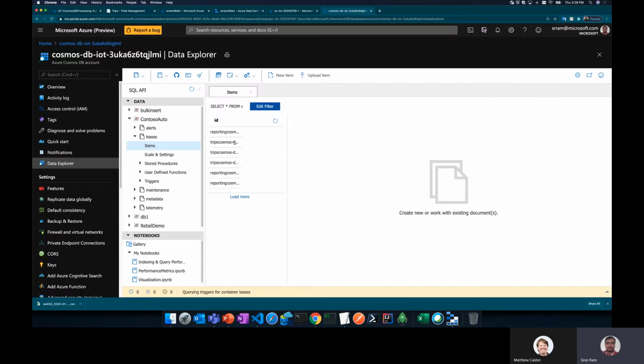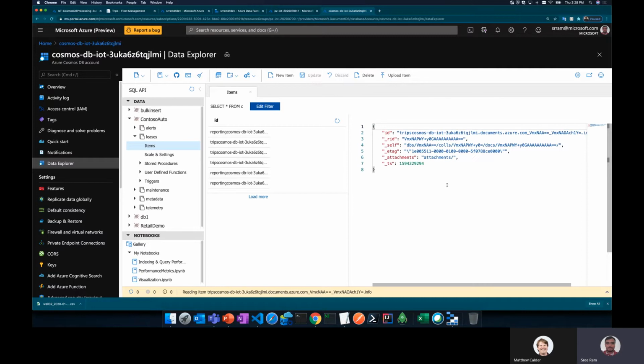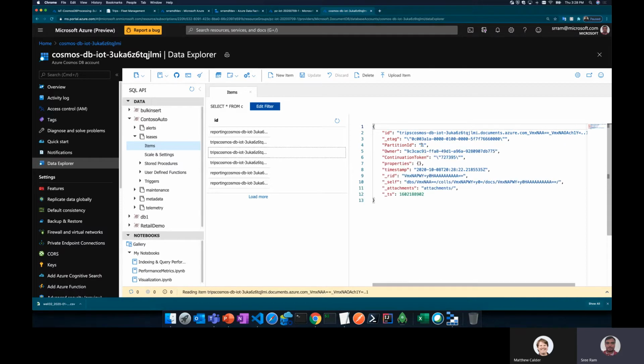And let's go and see how a lease container looks like. So as you know, we have two functions, right? The one that sends to Event Hub and the one that actually does the calculations that I have shown you. Let's see the calculations I've done, and as you can see here, it is storing information such as this. For example, there are partitions. It looks like it probably has two partitions, and for each partition, it is checkpointing, storing the continuation token, saying who is the owner for this, and so on and so forth. Nothing fancy. This is exactly what we anticipated.